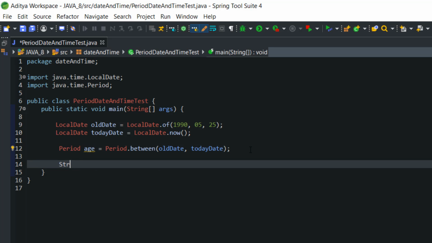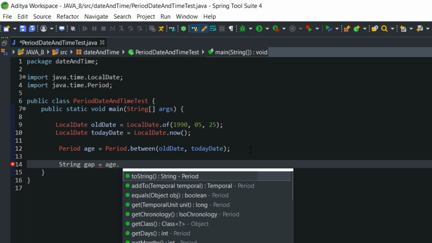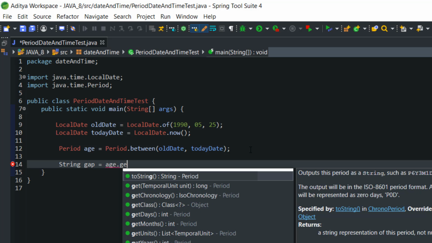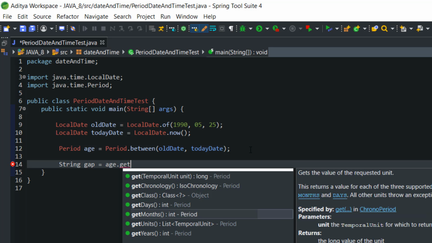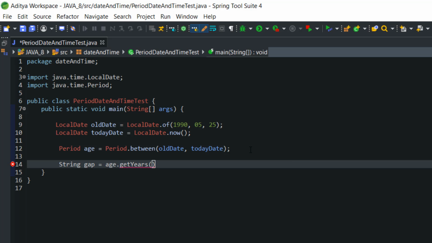Now again I'm going to take one string variable, and in the string I'm going to write gap. I will take the reference, and here I'm going to call age.getYears, after that divided by colon.